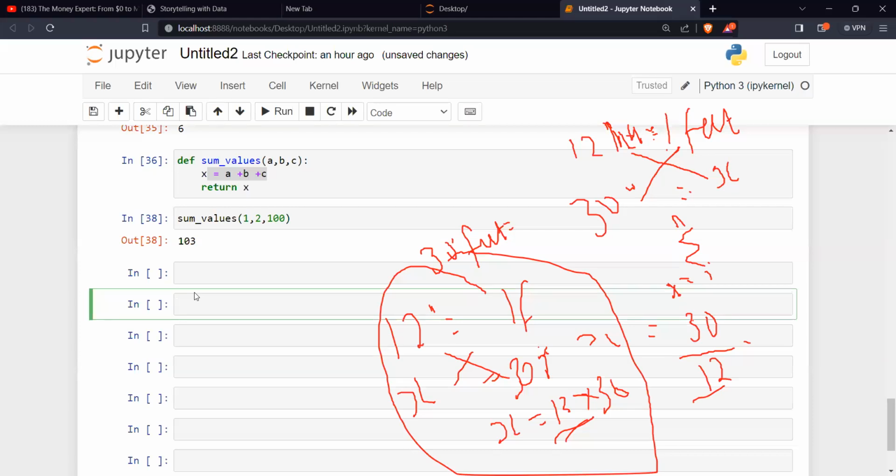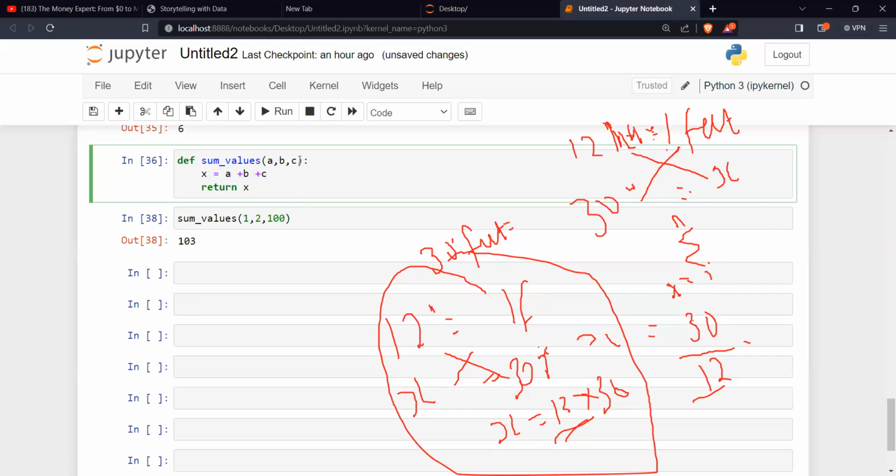In Excel you can put an infinite amount of numbers and it will always sum them up. If we do it this way, we are limiting the parameters by putting A, B, and C. So if we wanted an infinite number of parameters, yes.